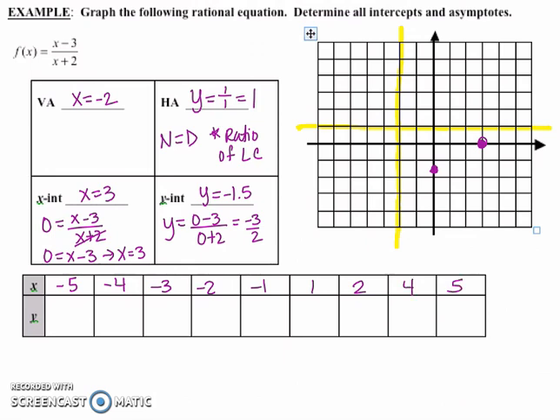Okay, and I already took the time to plug these into the function and simplify them on my calculator. So I'm just going to go ahead and give you what these values are. And this is 2 2/3, 3 1/2, 6, undefined, right? Because that's where we have our vertical asymptote. -4